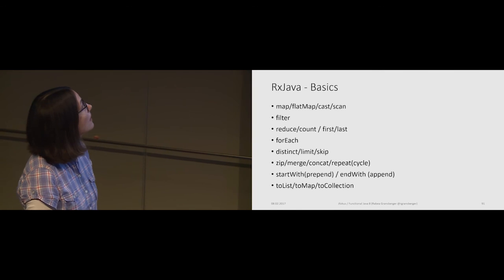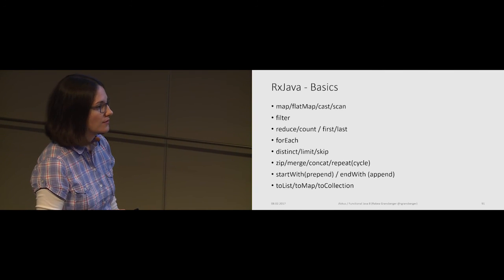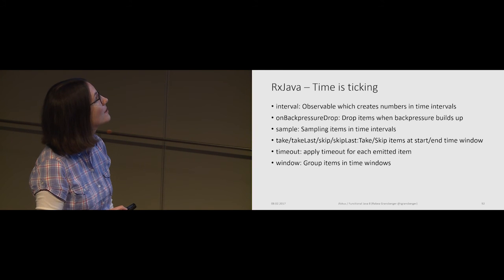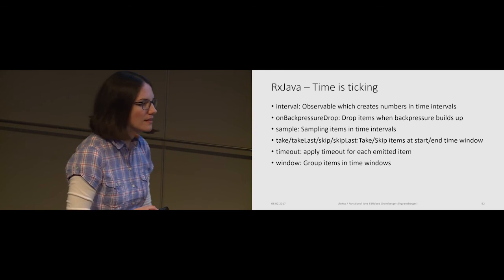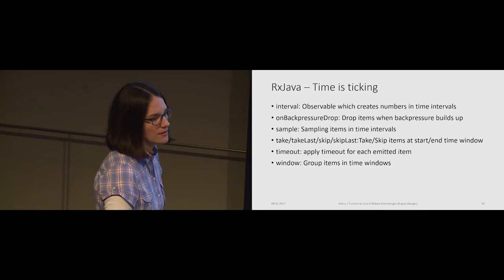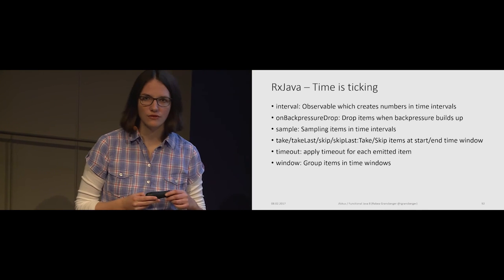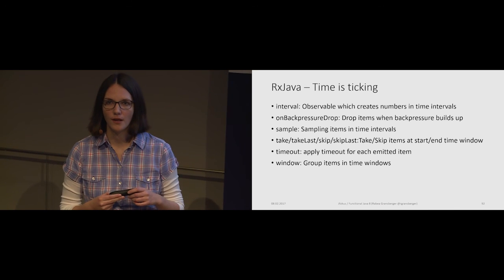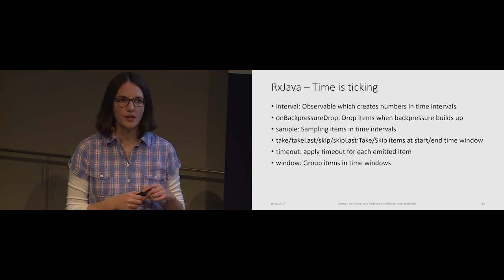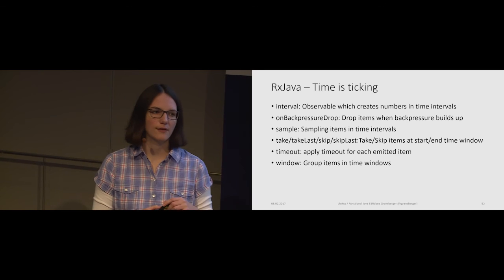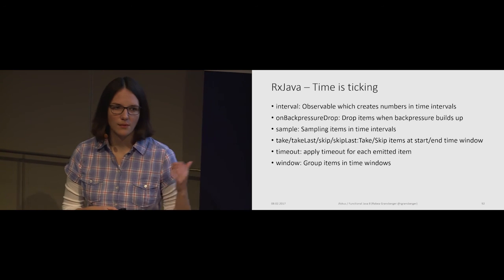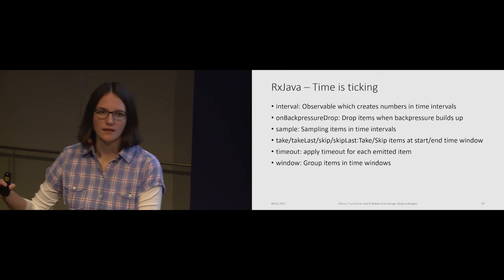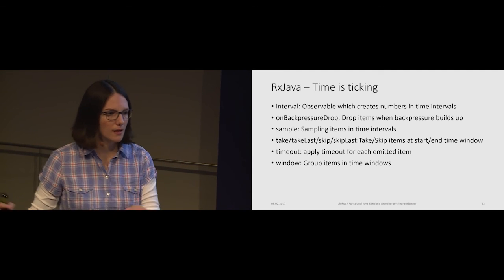So yeah, it basically has all the operations we have seen before, which are also available on the stream. And what it really can do very well is handling time. So if you, for example, want to produce values every second to do something with them. For example, if you want to print out hello every 1 second, you can do that with RxJava very simply. You say, produce me a value every 1 second, and then you just map it to hello and print it out,